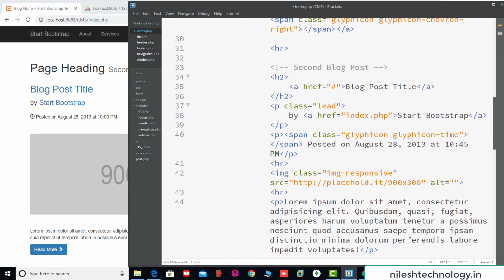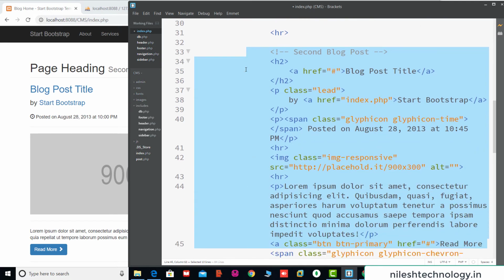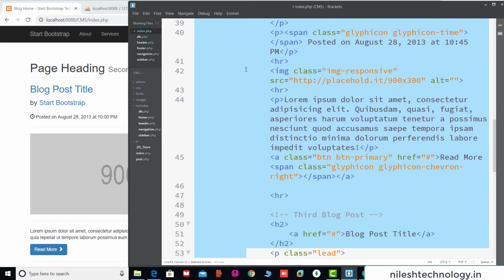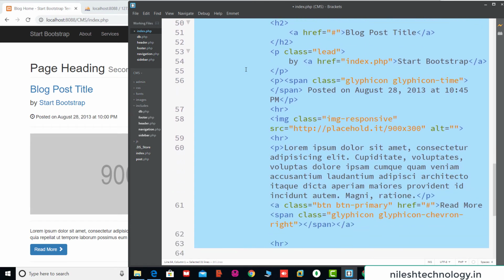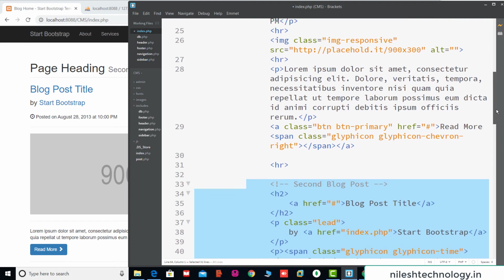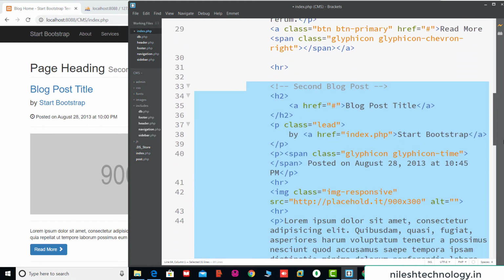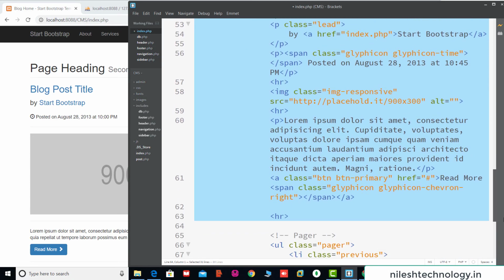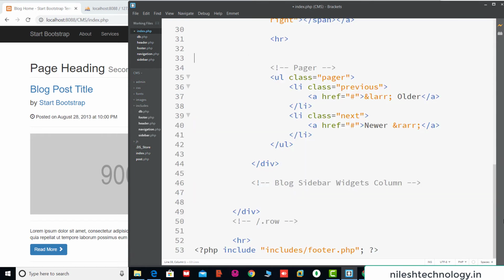The second and third blocks are deleted because we create these blocks dynamically, so here we keep only one block. Delete the second and third blog posts, keeping only the first one. Save here.